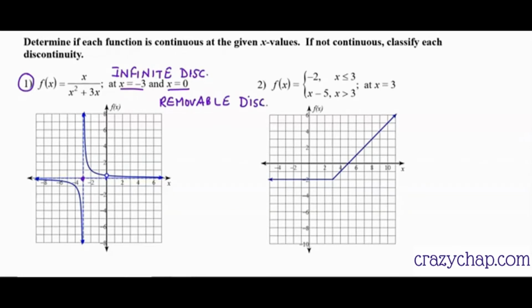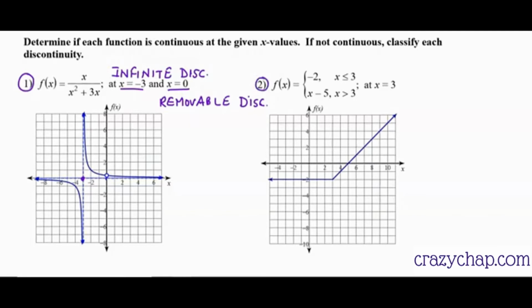Because this discontinuity can be removed by putting certain conditions. What conditions can we put to remove this discontinuity? That we'll learn later. But please remember, wherever you get a hole in the graph, that is called a removable discontinuity. Okay, fine. Let's come to the next question, question number 2.